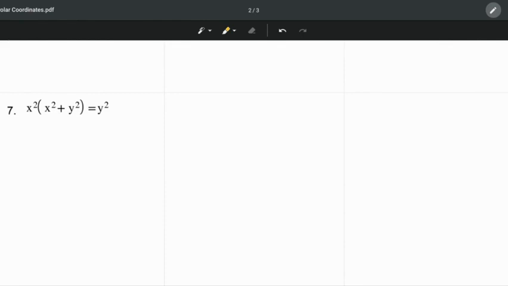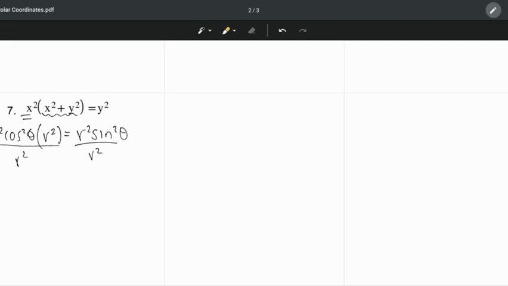The last one that we're going to look at here in terms of converting to polar is this one, where we're going to, again, first change our x's and y's into r's and thetas using the formulas we looked at. So if we look at what we have here, we have x squared, which is r squared cosine squared theta. And then we have this x squared plus y squared, which we know is just r squared. And then we have y squared, which is r squared sine squared theta. So if I divide both sides by one of these r squareds,